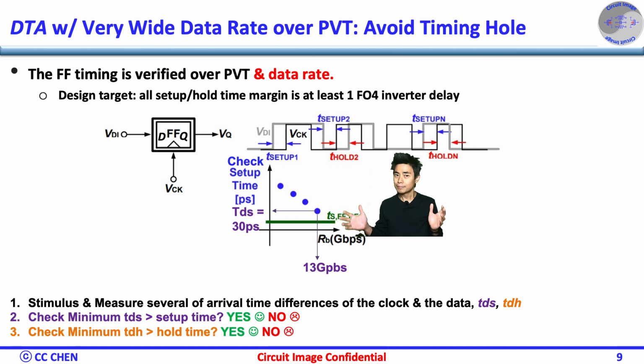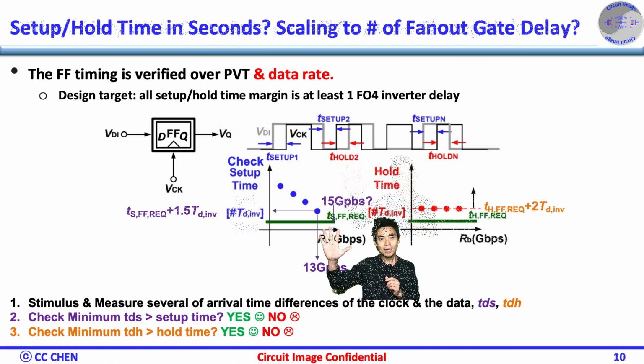How do we get more insight here? Think about a scaling image for 5 seconds. Perfect. The best scaling factor could be an inverter delay, but there are so many kinds of inverters of different sizes. If you remember digital class 101, the fan-out of 4 inverter should provide efficient performance in